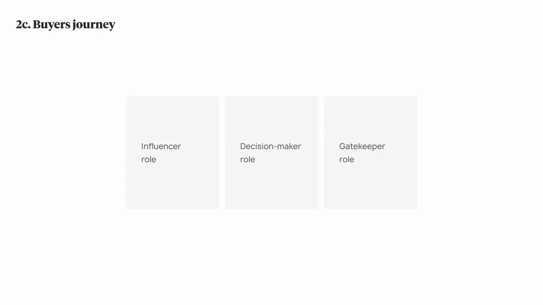So for example, the influencer is somebody who has been tasked to find the solutions. So if they're looking for the drill, they're going to be the people who will be looking for the drill. The gatekeeper is somebody who typically throws up barriers to purchasing. So let's say you are the drill company, and you're selling to businesses or construction companies who buy drills in mass.